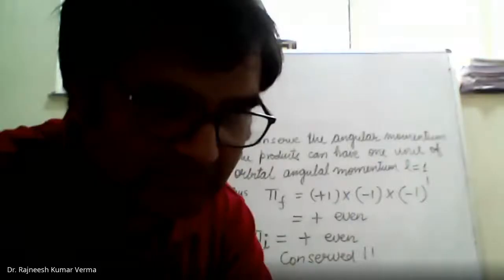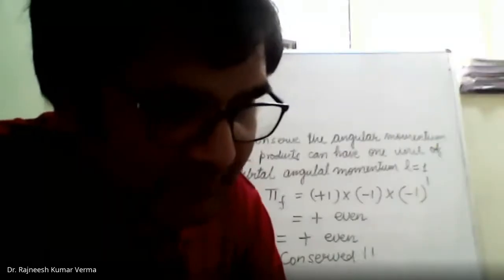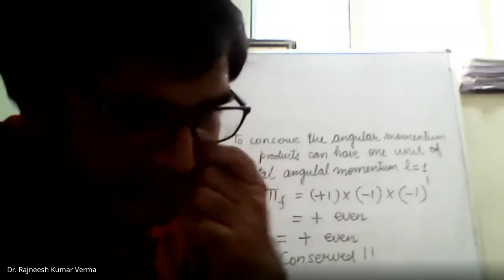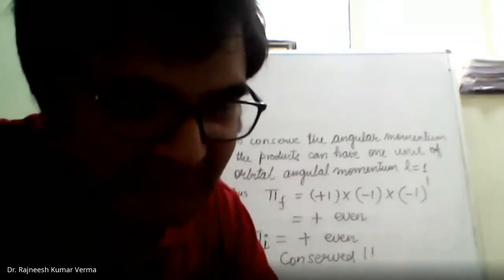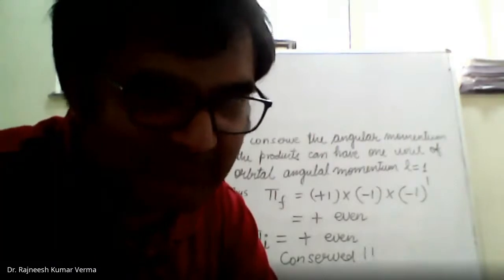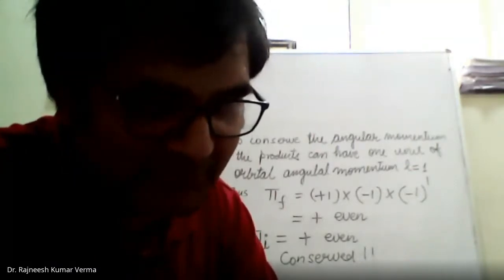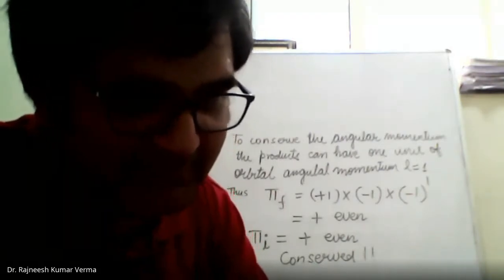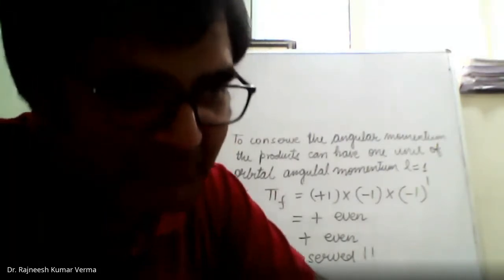So in the first case, the product side had spin 3 by 2, but in the second case, the product had spin half and the reactant part had 3 by 2. Then why are we taking L equal to 1 in both the cases? See, you can say L on either side. What I am trying to say is there is a mismatch of one unit of angular momentum. So you can assign this one unit of angular momentum to any of the sides. We are saying that there is something missing by one unit.